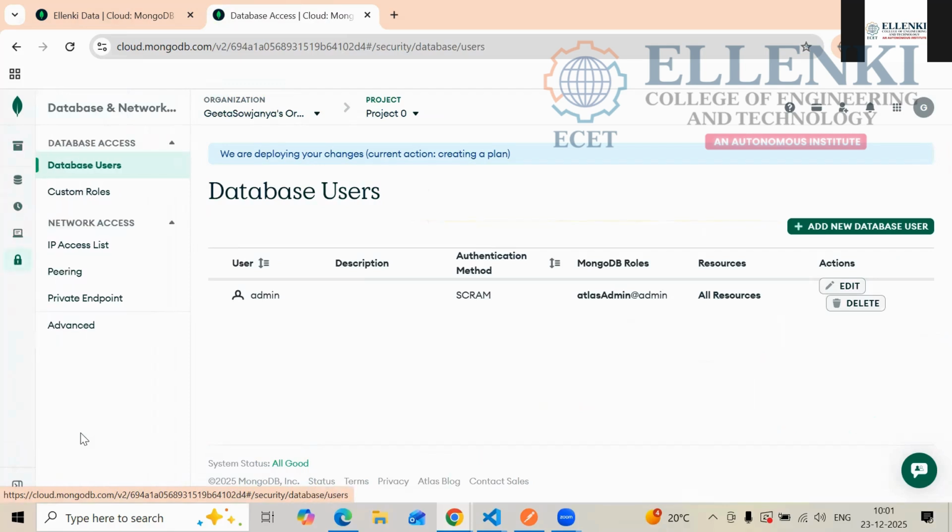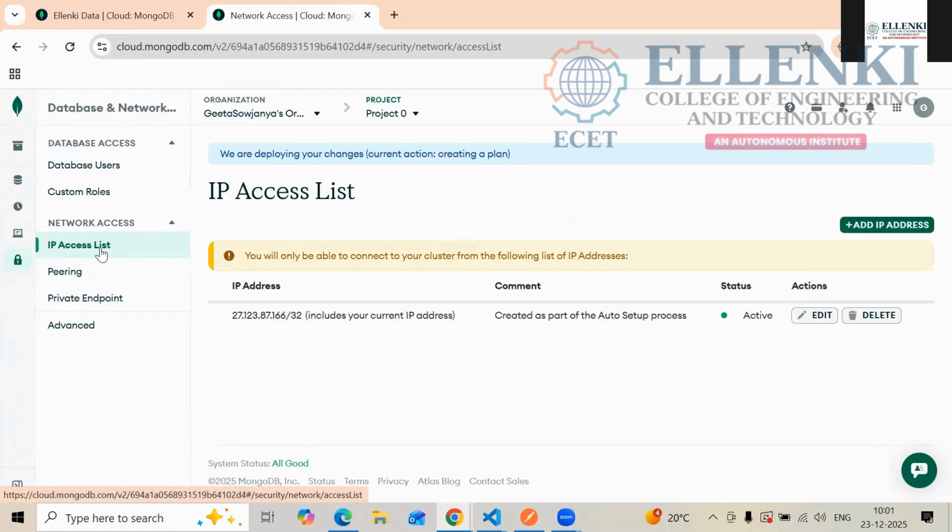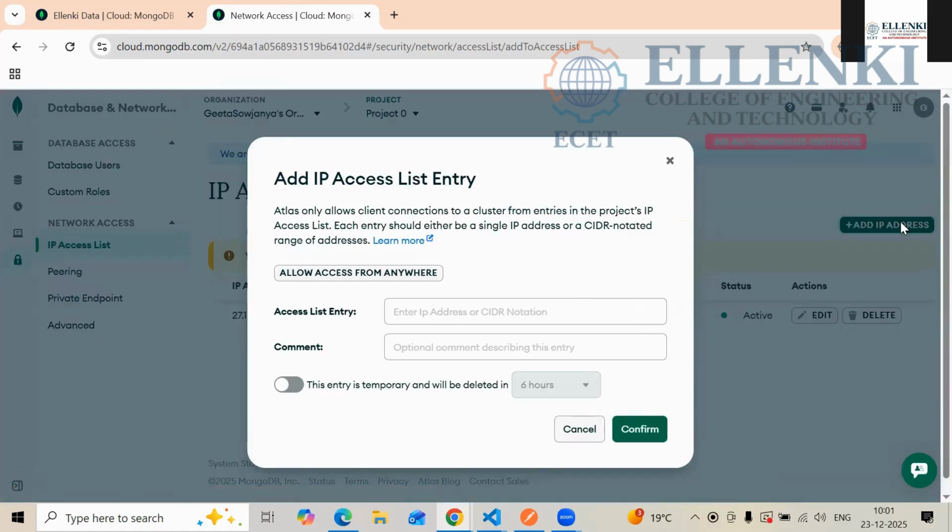In network access it will show IP access list. Then add IP address.